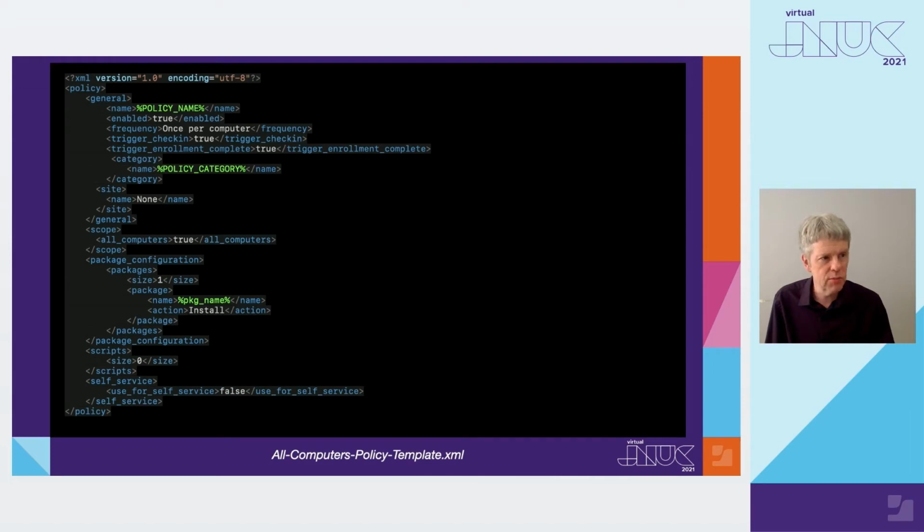You'll probably have to do some trial and error to get your template perfect, and you may need more than one template. Graham is going to go into much greater depth about that in a few minutes. So now that we have a policy template, let's take the recipe we wrote earlier for Firefox and add the Jamf Policy Uploader processor step.